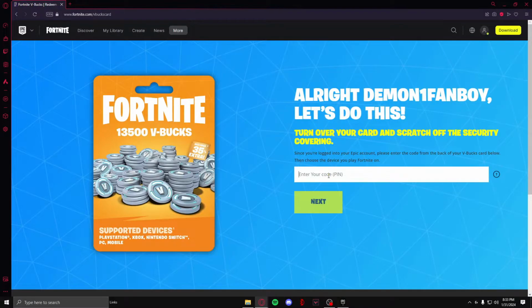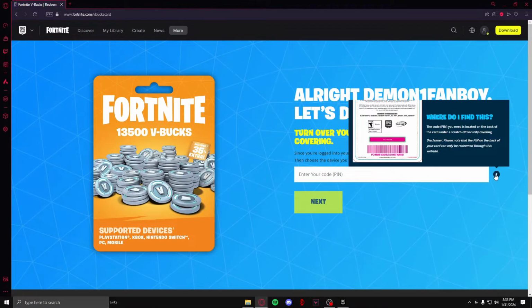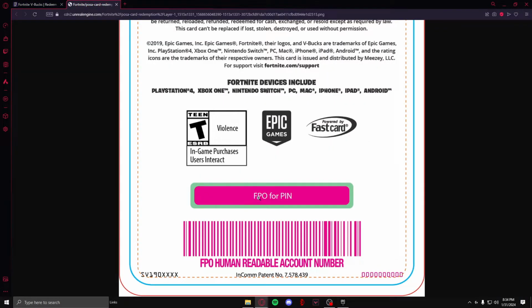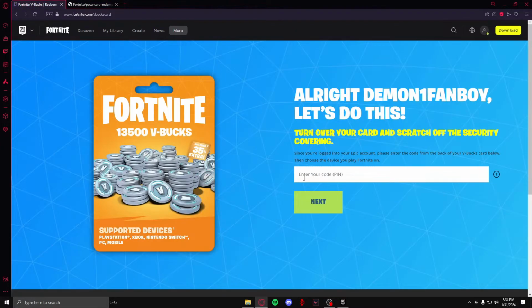right here. You need to enter your code that's on the back of your vBucks card. So just like this, here it will show you a pin and you need to scratch it and you need to enter the code that's in here. I don't have a code, so after you have done that you need to click on next and it will